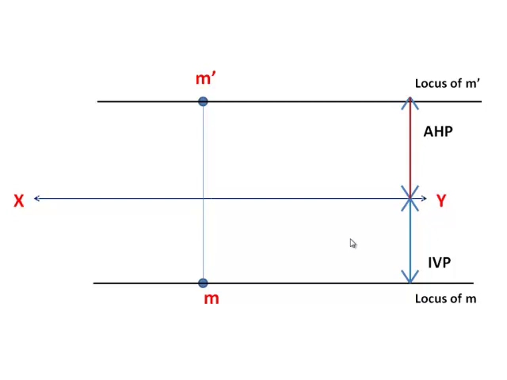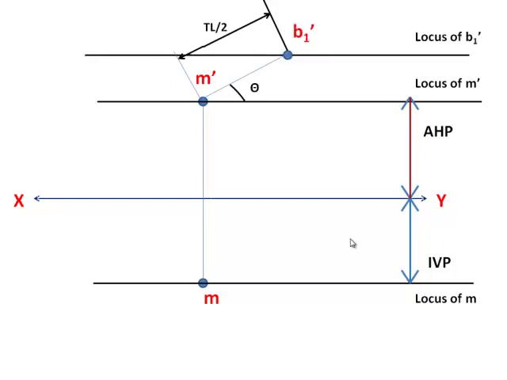Straight line. After that, take the true length in the horizontal inclination and draw only half of the distance of the line from the midpoint. Is it clear? After that, extend that line further down. Then only it will be a midpoint. If you are extending up, it's similar to your case 1. The point you mark as B1 dash, and draw a horizontal line parallel to XY, that is the locus of B1 dash. Extend the line further down by TL by 2 again. That will be exactly the true length.